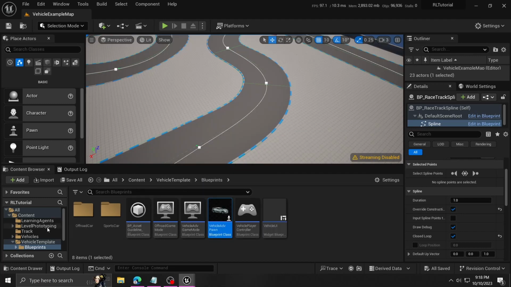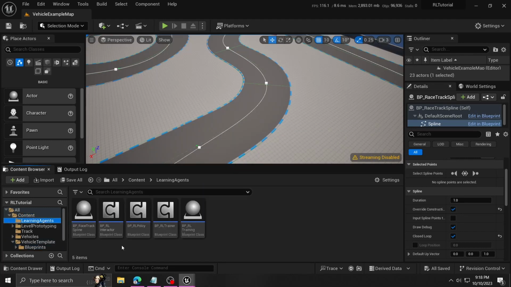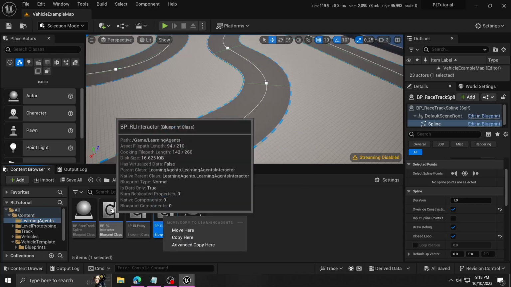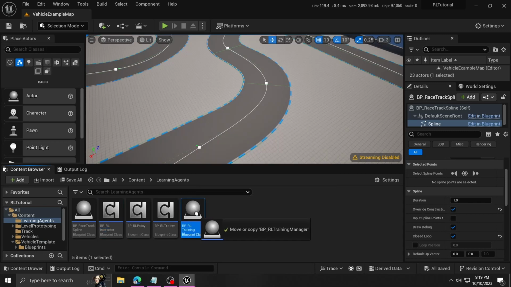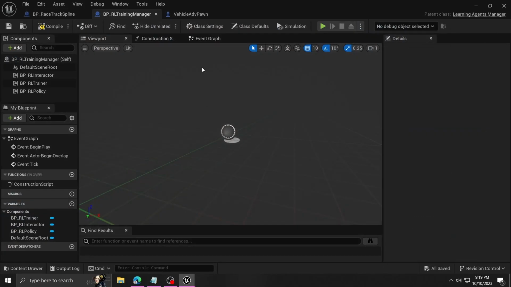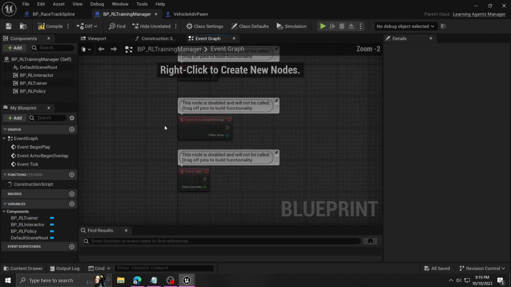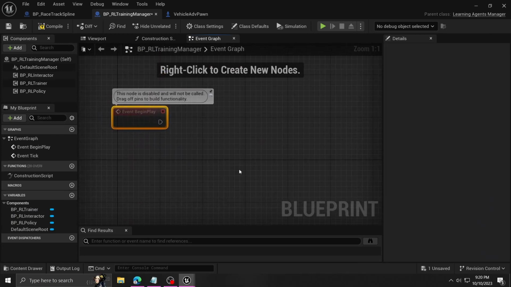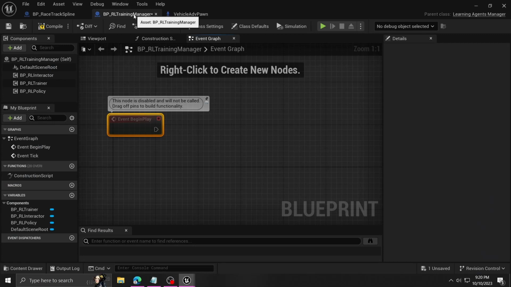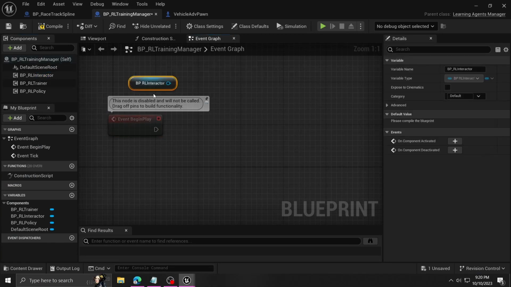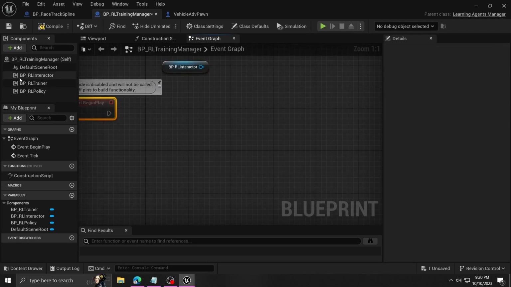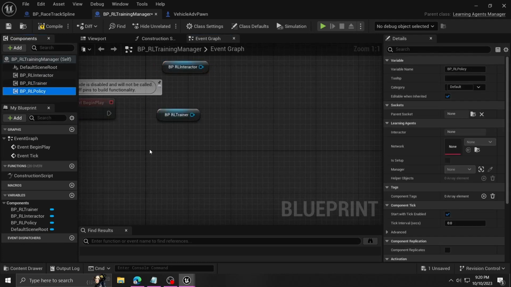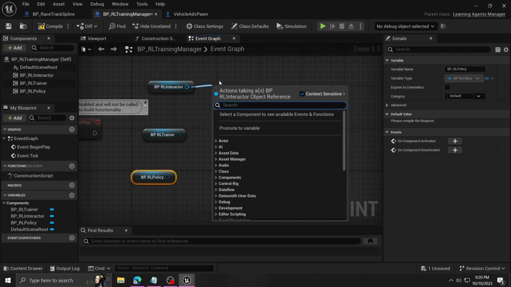we go back to our learning content and we can start working on these. So we only really have to set this one up and the interactor up. The manager itself is pretty easy. We can go ahead and start there. We need to do on begin play. Right, so on the reinforcement learning training manager, the only things that we have to do on begin play are drag each one of these components out and say